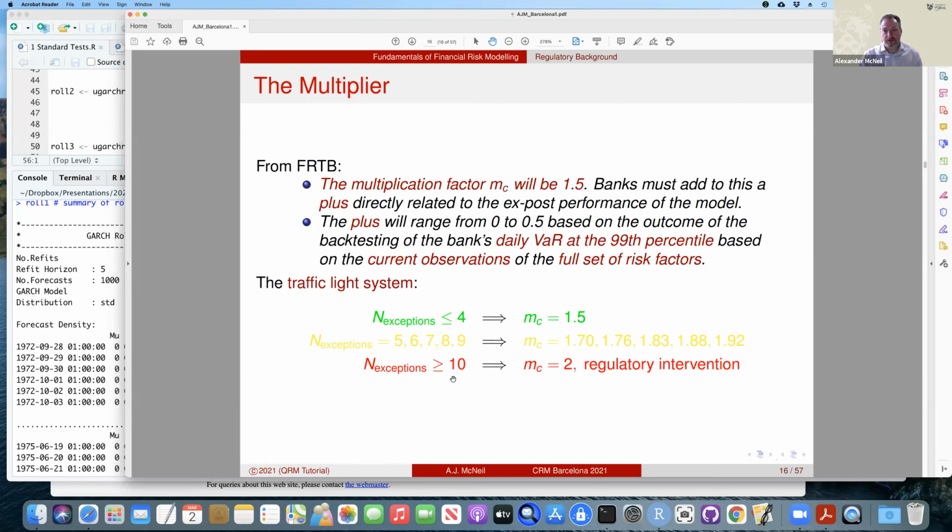Yes, so 10 is the threshold for the largest multiplier. With 10 or more exceptions, the multiplier applied to the capital is at its largest level. Moreover, that probably is going to create some interest from the regulator as to why there are so many exceptions. And if you're wondering about these values 4 and 10, they are actually based